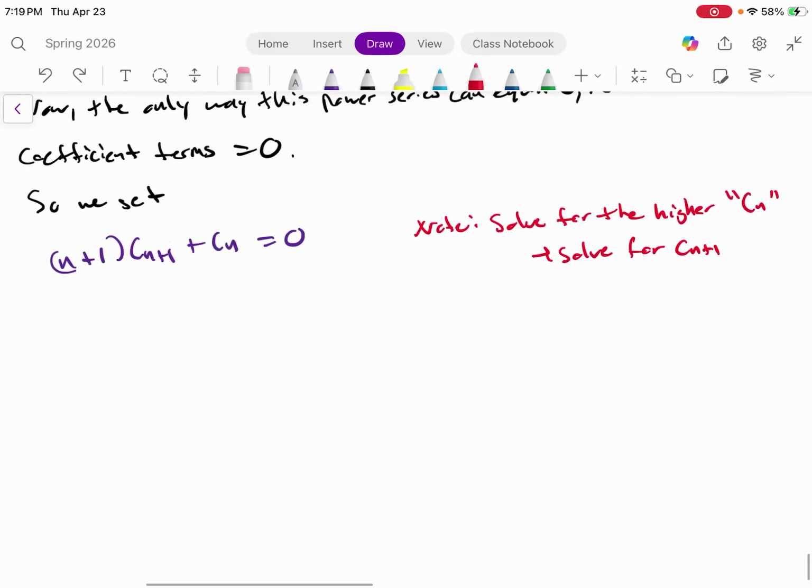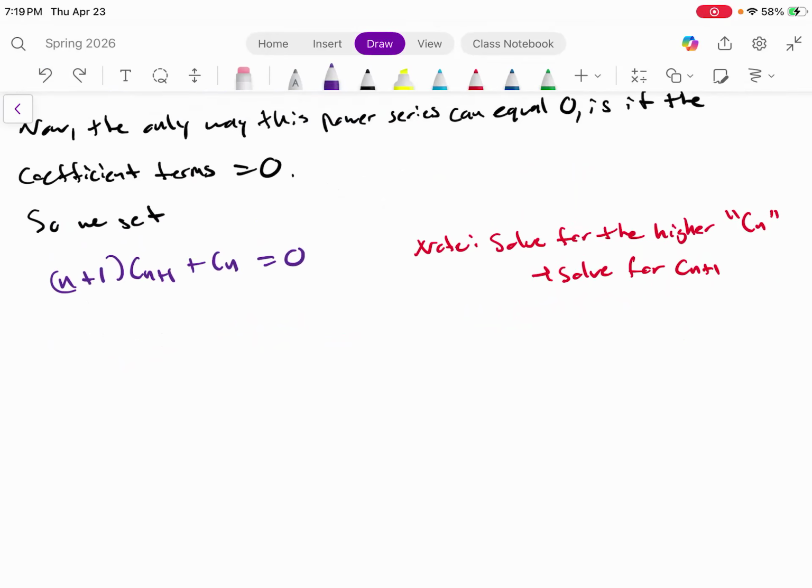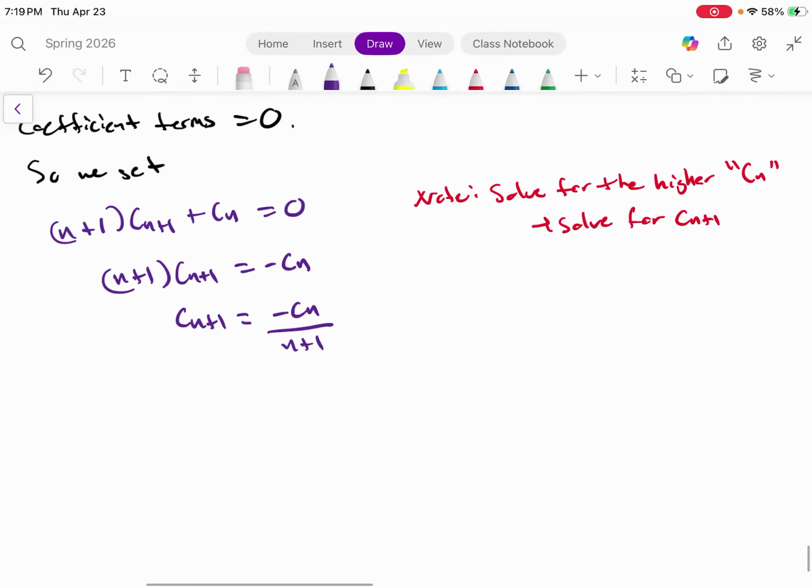We're going to move that c sub n to the right side, so negative c sub n, and divide over n plus 1. So this would be negative c sub n over n plus 1. And so our recurrence relation is going to be c sub n plus 1 equals negative c sub n over n plus 1